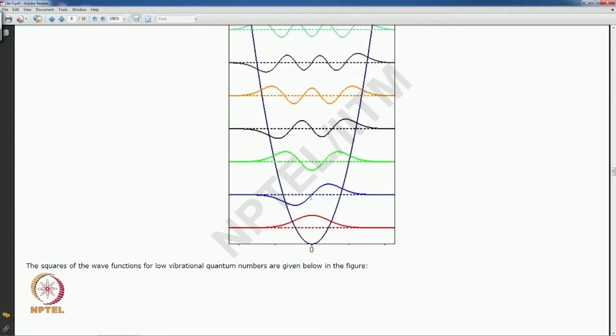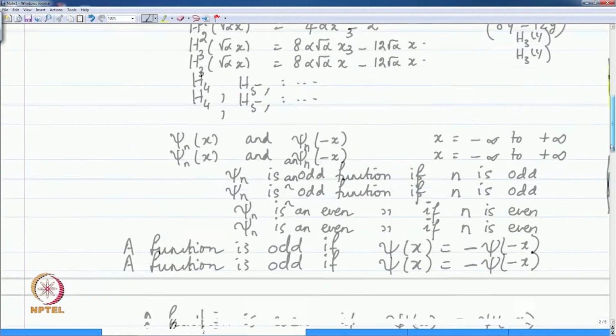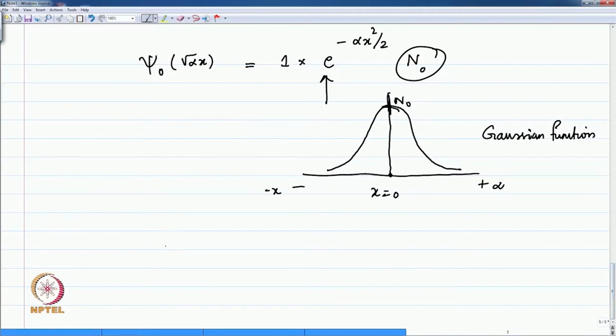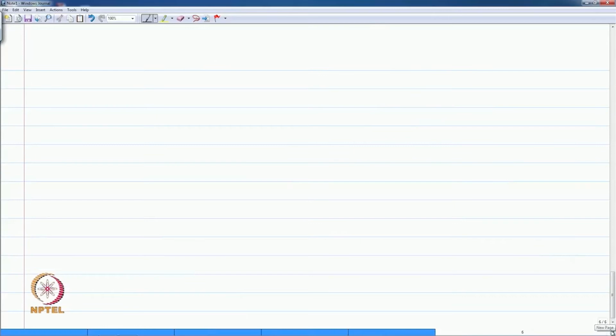Let us look at the next function, namely h1 of root alpha x. Okay? Psi 1 of root alpha x, this is the h1, times exponential minus alpha x square by 2. So, if we have to look at it simply, we will plot it as y times e to the minus y square by 2. This is the same as the picture that you have, where I have put in y is equal to root alpha x. What does the graph look like? So, if you plot this graph,